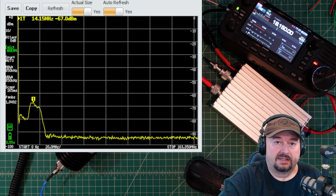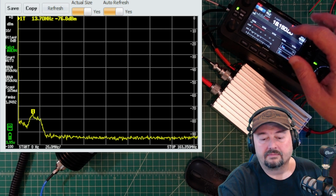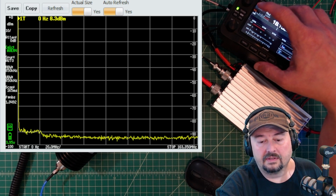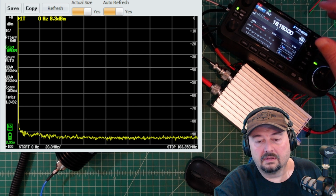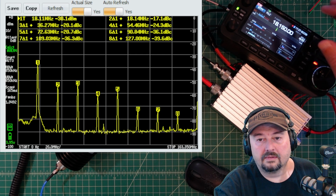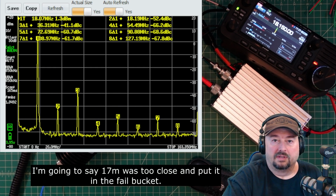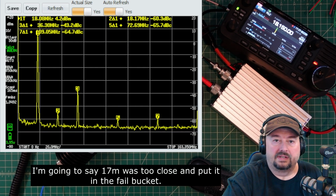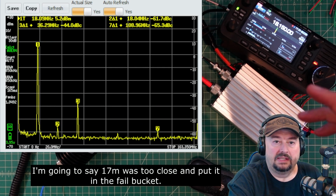And I've got to tell you, that's a little peculiar. I would have expected to see something a little different. There we go. And what we can see there is our initial marker is around 4.9 dB, and then the